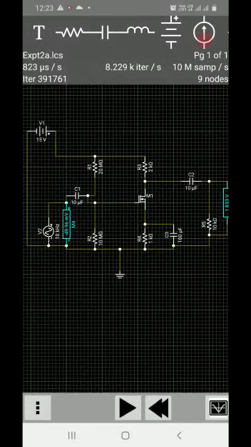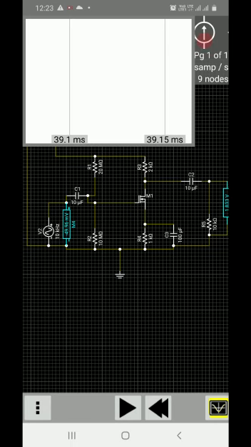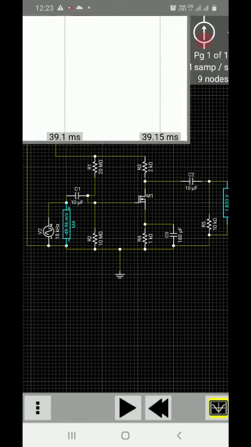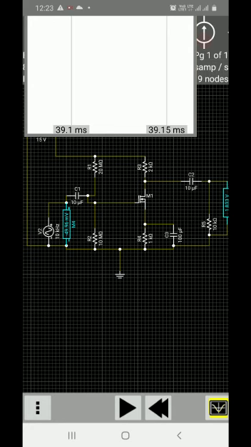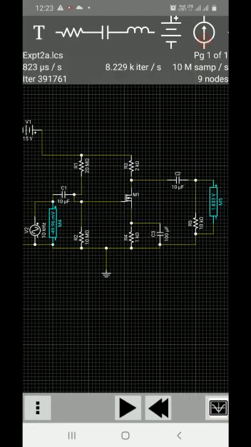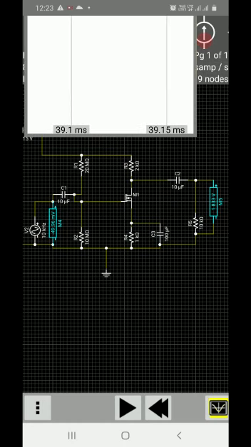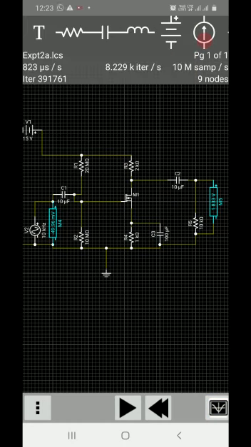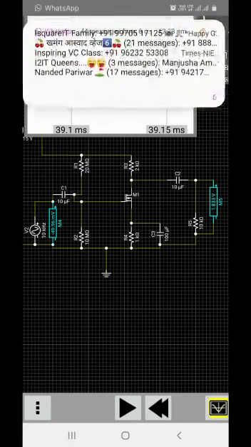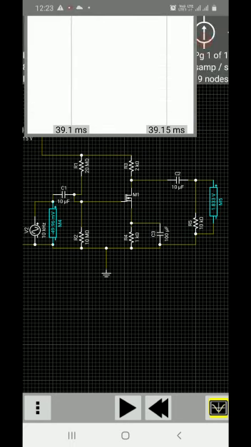There is an option using this app. If you observe the right bottom corner, there is a black color window with vertical and horizontal scale, and one inverted graph is indicated. That symbol is of the oscilloscope. If we click on the oscilloscope, the details are observed, but nothing is seen now because I have not simulated it yet. Before simulation, we should see how to observe the details. Again, if you click on the same window, it will disappear and appear. If you select it, it will turn yellow, and on the screen the oscilloscope details will be observed.